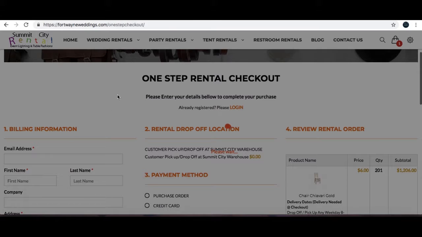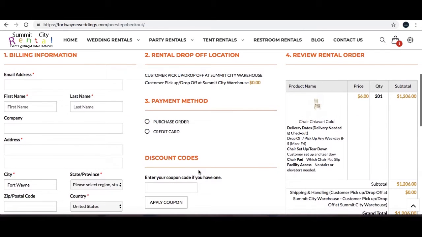But here we go. We're going to go to checkout, and we're going to show you how the one-page checkout works. A lot of people get really confused by this, so we're just going to try to take this nice and slow. So this is the billing information, which is your information as the customer. So we're going to use the Summit City Rentals at Gmail, our name, Jim Smith,